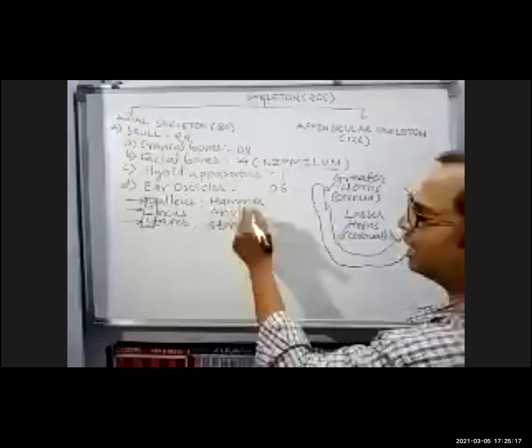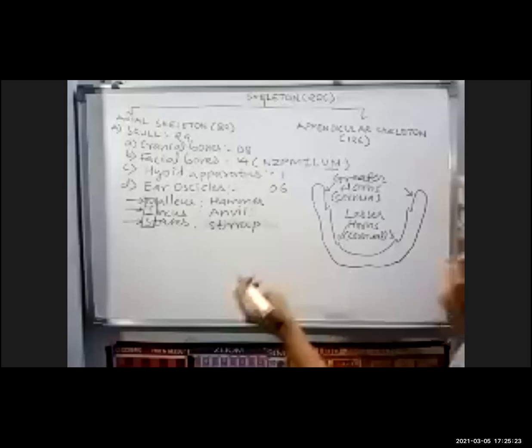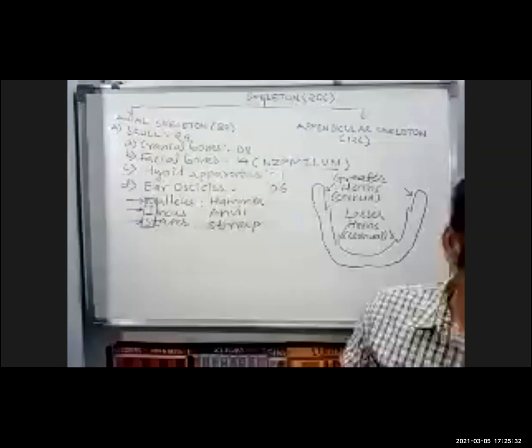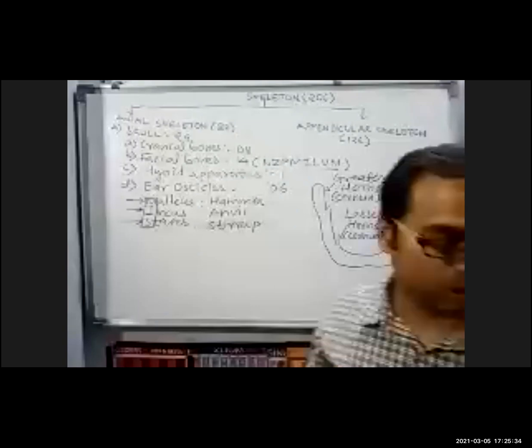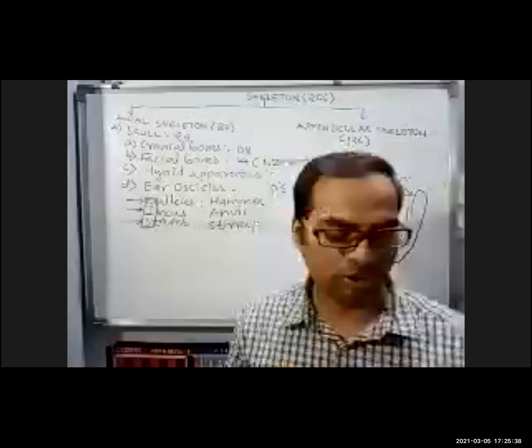Anvil looks like what I said, that shoemaker or even blacksmiths have, where they hammer with the help of their hammer. And the stirrup is like a handle of those buses or your trains. I'll just show you these real images. I'll show you some real images so that you will understand. And then some more parts of the same. Just hang on.